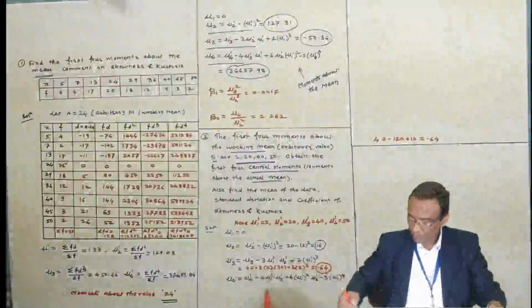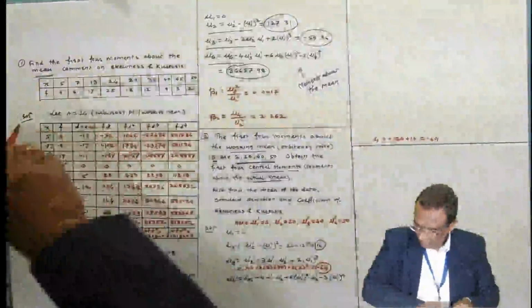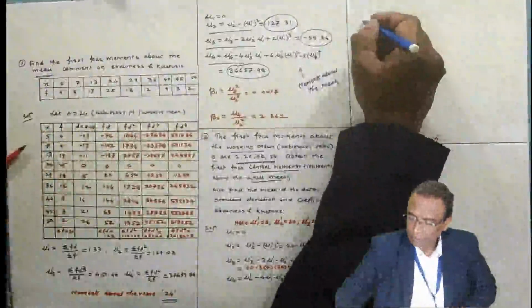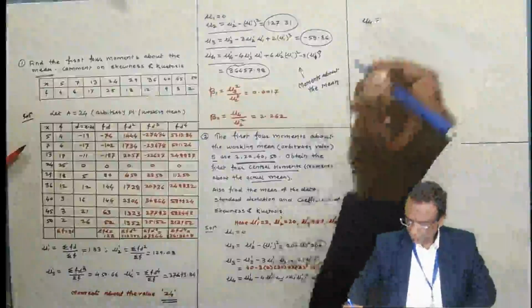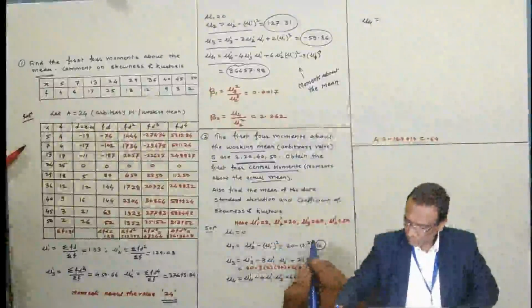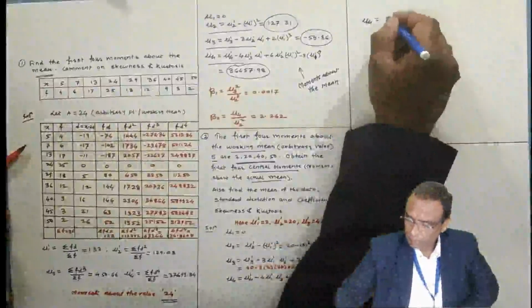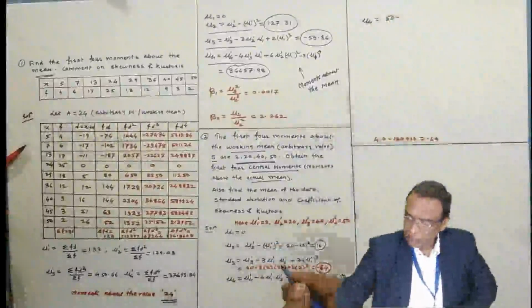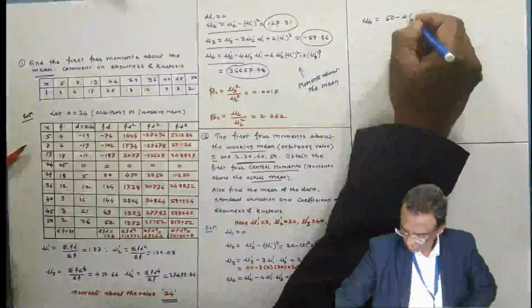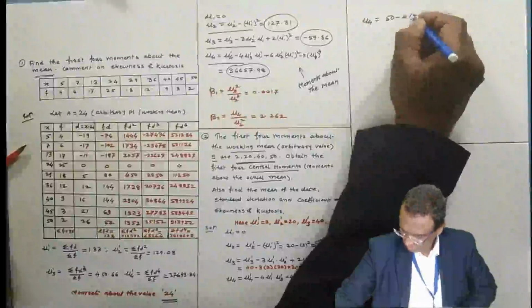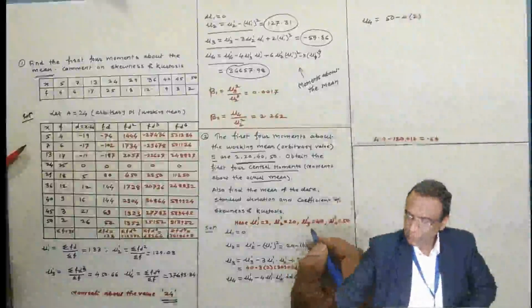Now likewise you put down the values here. Mu4 is equal to mu4 dash, which is 50, minus 4 times mu1 dash, which is 2, times mu3 dash, which is 40, then plus 6 times mu1 dash square